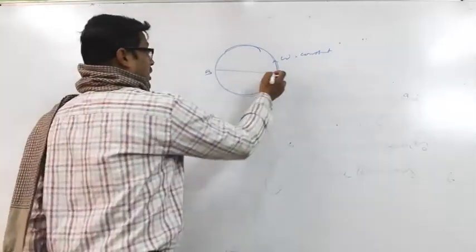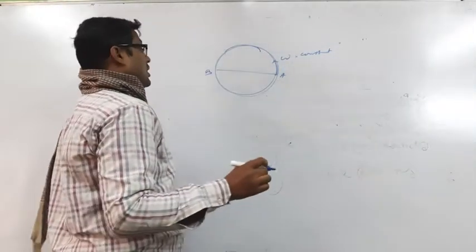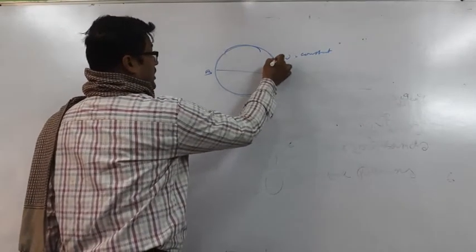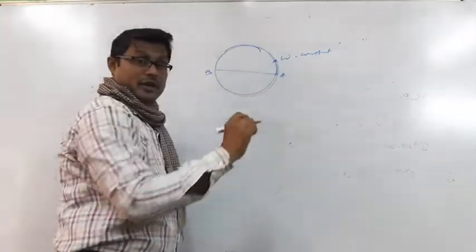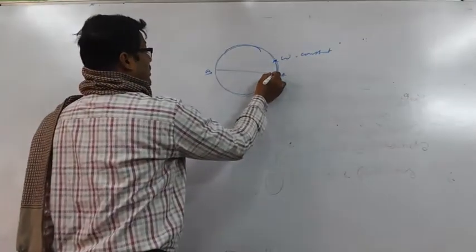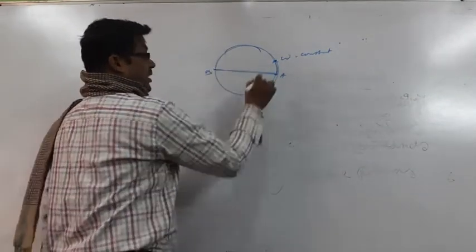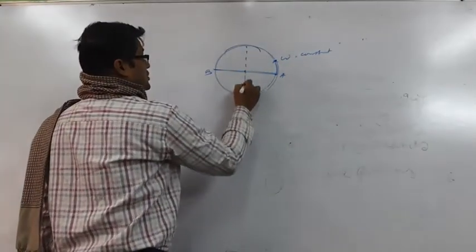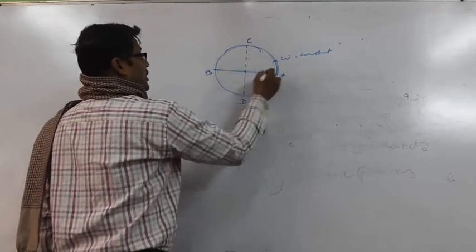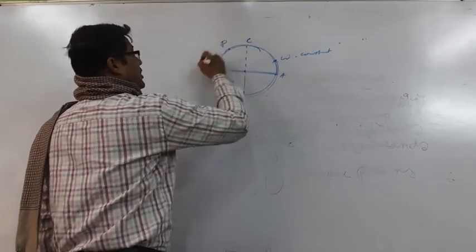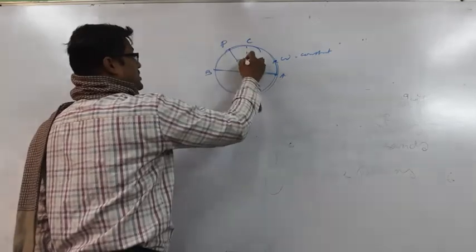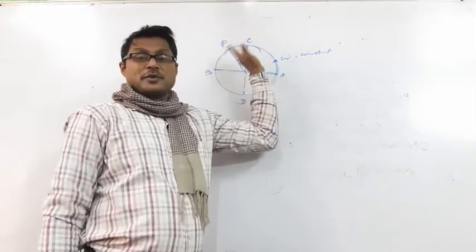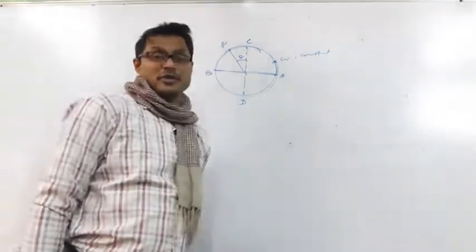So, from the point A, the particle starts its motion. This is the reference particle rotating. The projection of the reference particle will perform SHM on this diameter AB. So, this will be the equilibrium position. Now, the particle reaches this point P and makes angular displacement theta with respect to the equilibrium position.